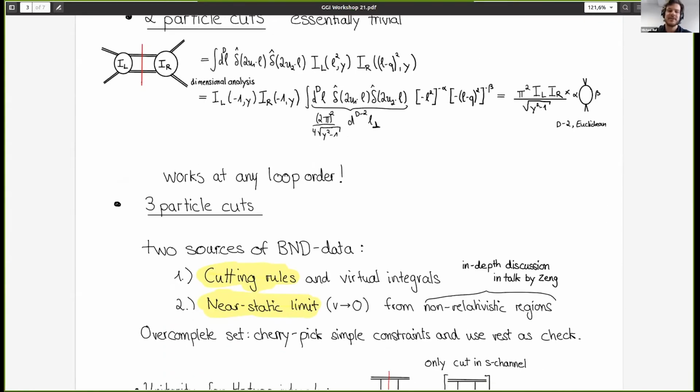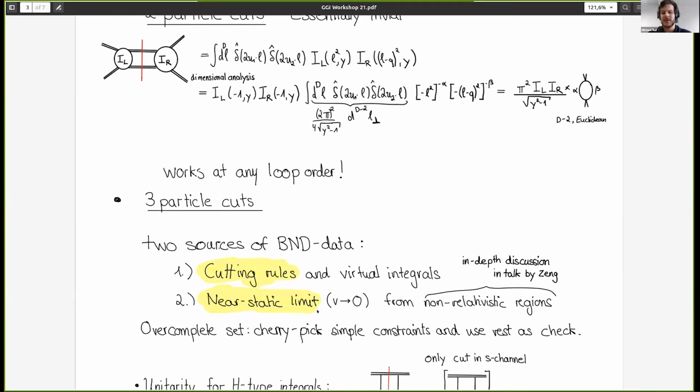Then we have to compute also three particle cuts starting from the two loop order. And for these, we have two sources of boundary data. On the one hand, we are using cutting rules, which I will explain a bit more later. And the cutting rules together with the virtual integrals, which we assume that we have to compute anyway for this kind of observables. And what we also do is we use the velocity expansion, similar to what Ludovic was talking,